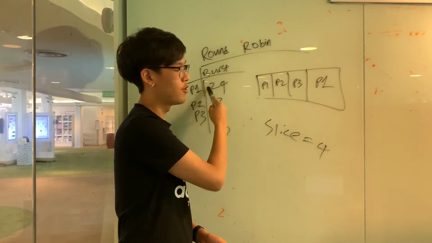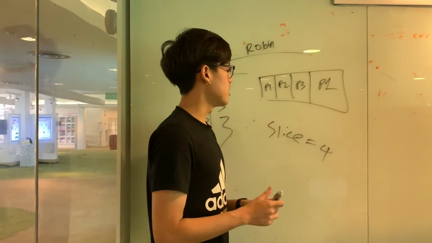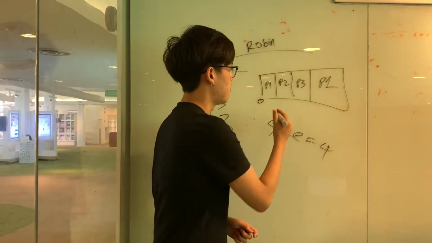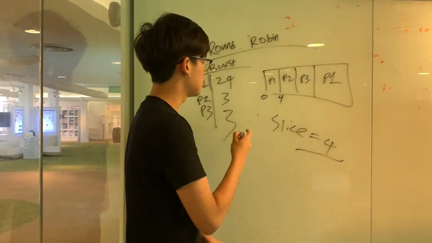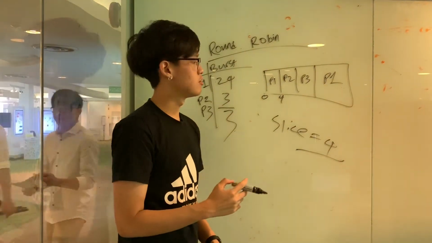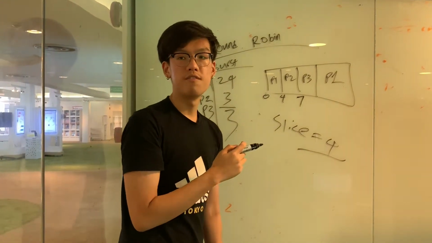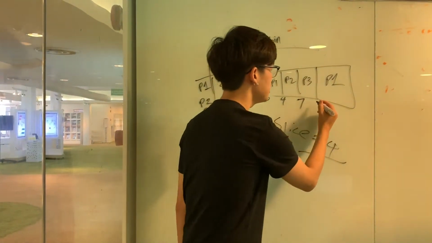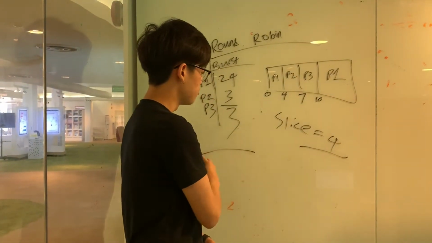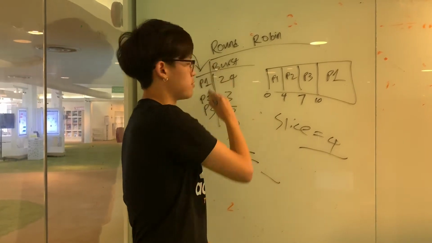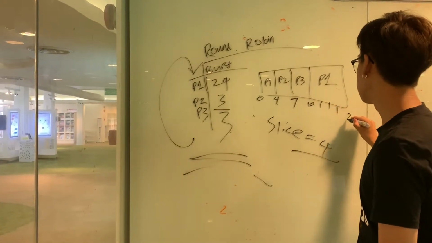Processor 1 is actually 24 bursts, whereas processor 2 and 3 are actually 3 bursts. Therefore, processor 1 will actually start from the time arrival 0, running up to the time slice of 4, meaning after 4 bursts, it will actually stop and move on next with processor 2. Processor 2 will only run for 3 CPU bursts, stopping at time 7 and moving on next with processor 3, running up to 10. Afterwards, because there's no other new processor, they will actually move back to processor 1 to do the executing for every time slice all the way up to 30.